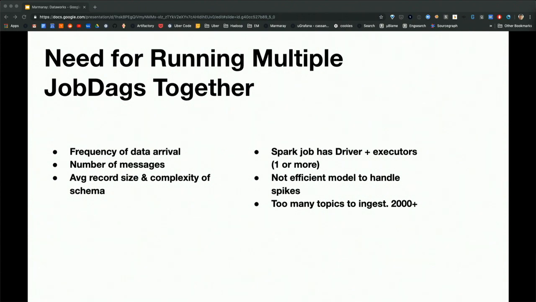Now, for other topics such as trips and things like that, where we absolutely have to have the freshest data, we can run that at a much faster cadence and be able to ingest that data with the thousands of messages per second, and also apply more resources for those jobs. Every job is configured for a certain amount of executors, and so we can figure that out dynamically as well, and make sure that we maximize the efficiency of our jobs.